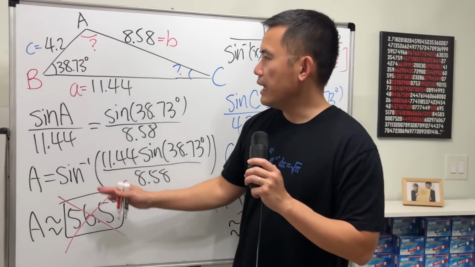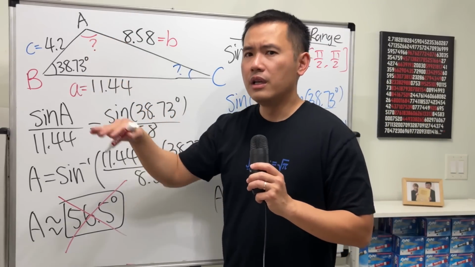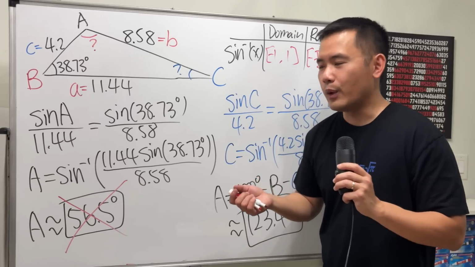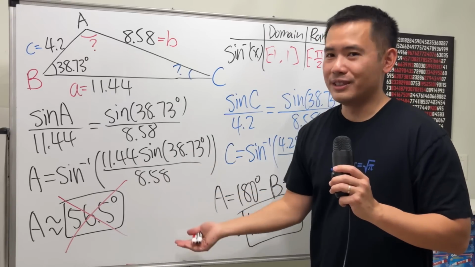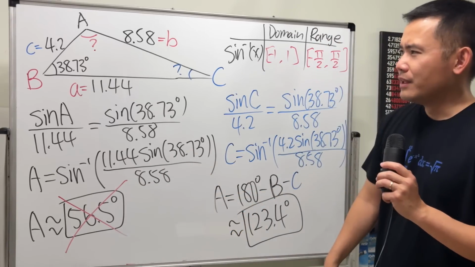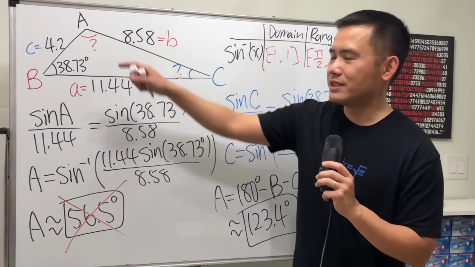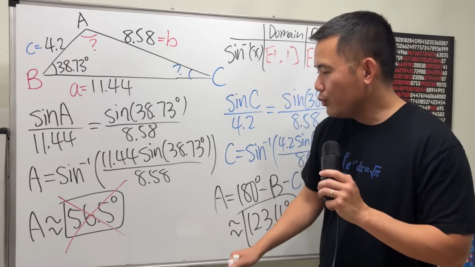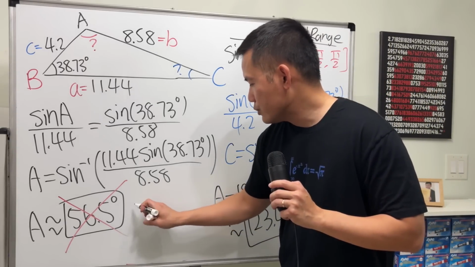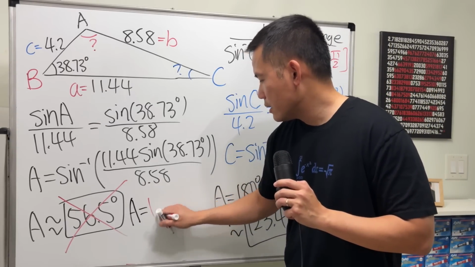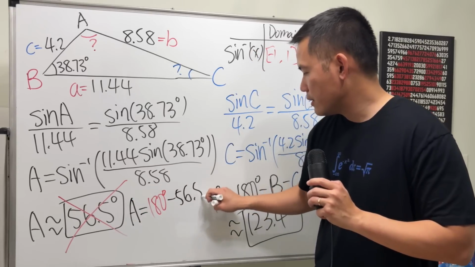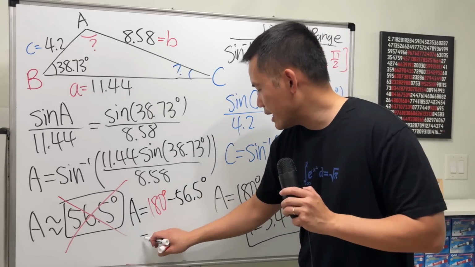So if the answer, the angle right here, is more than 90 degrees, then you will have to think about it in order to use that to help us. So how can I use this answer to really help me with angle A though, without doing this? Well, the deal is that all you have to do is take 180 and then minus that. And if you work that out, you will get